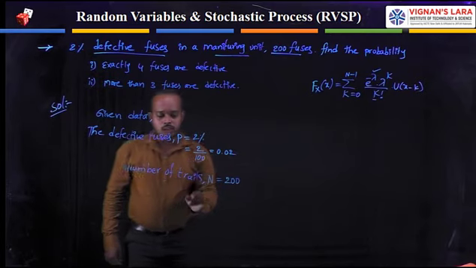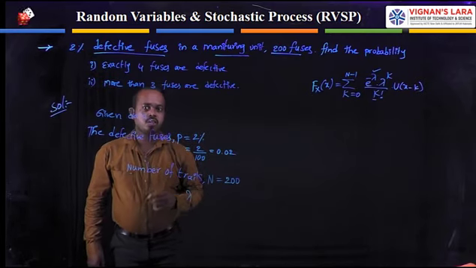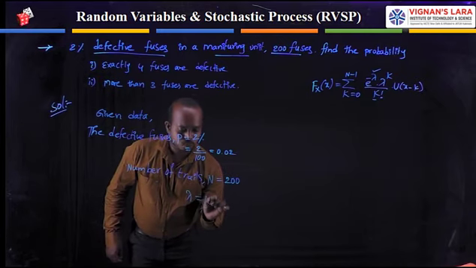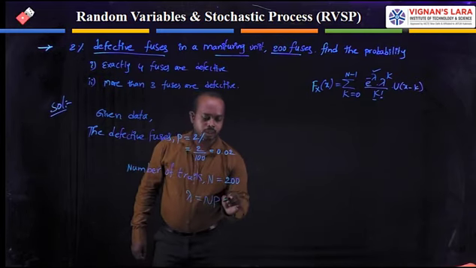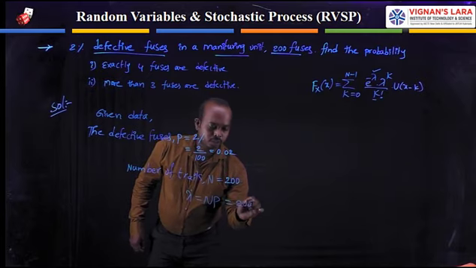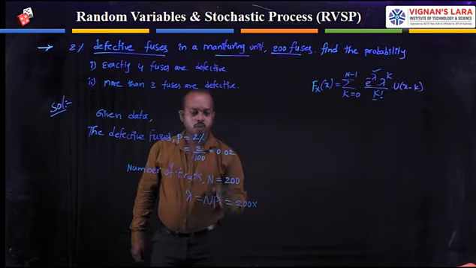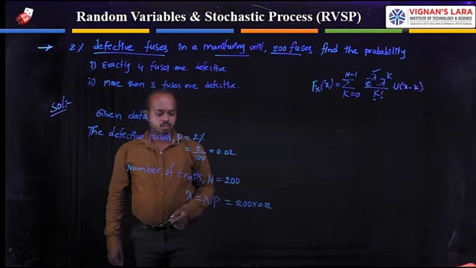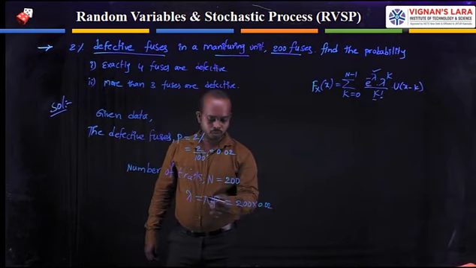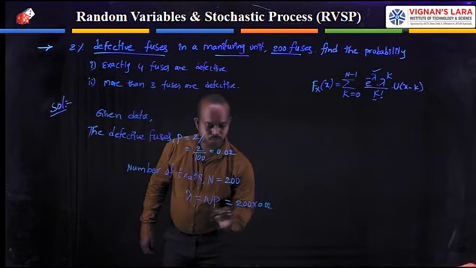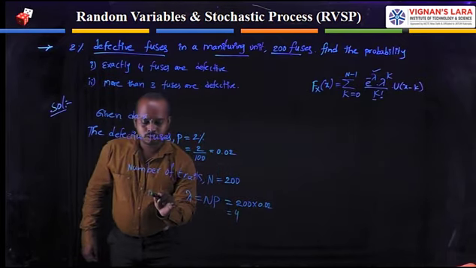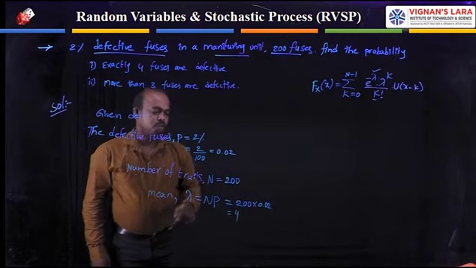Now you need to find the lambda value. Already we have had some discussion about lambda. Lambda represents the mean and the variance of a Poisson distribution function. Lambda is equal to n into p. What is the n value here? 200, and p value is 0.02. Multiplying these two quantities, we obtain the value of lambda as 4. Here you can write the mean: the lambda value is 4.